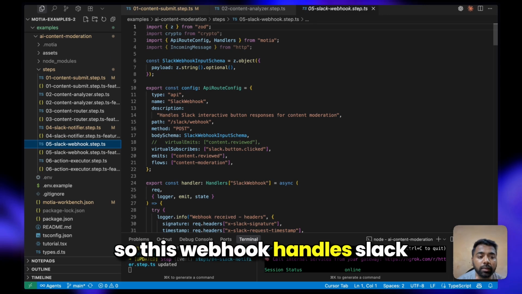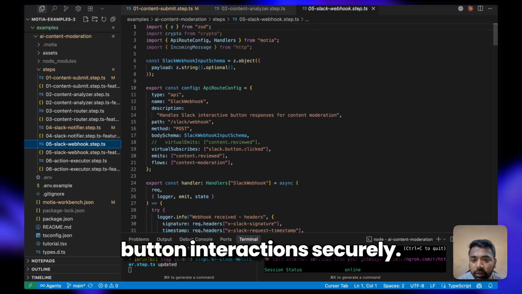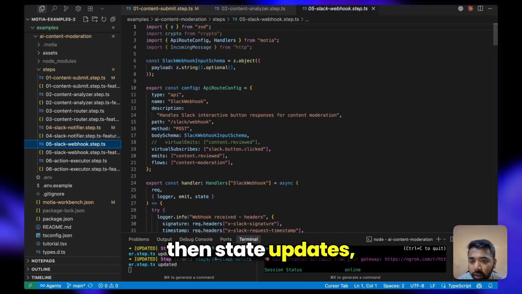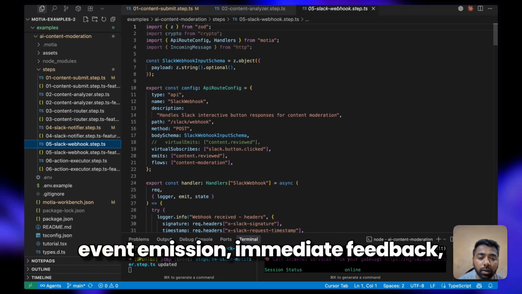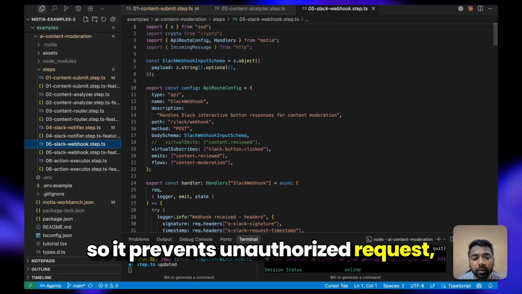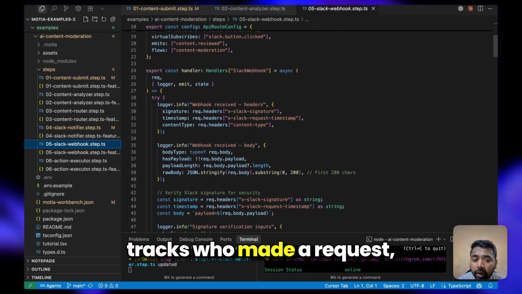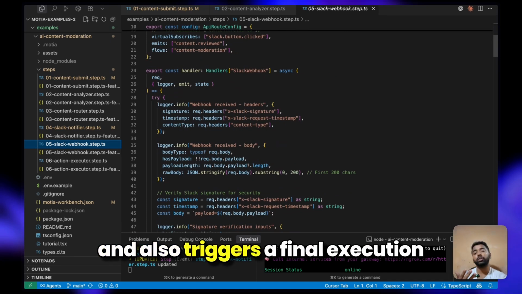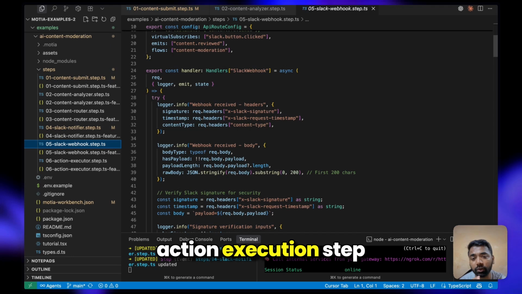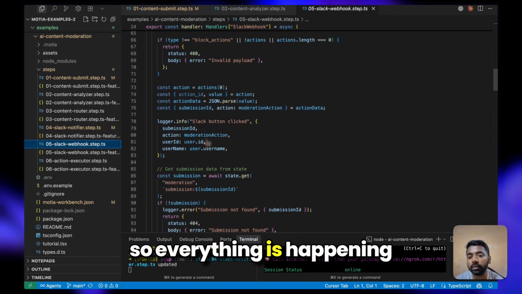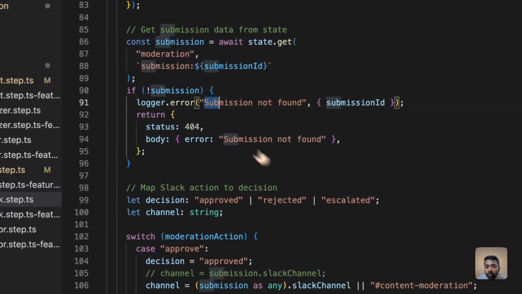This webhook handles Slack button interactions securely. So signature verification, state updates, event emission, immediate feedback, everything happens here. It prevents unauthorized requests, tracks who made a request and what decision was made, triggers the final action execution step, and also updates the Slack message. Everything is happening inside this one file.